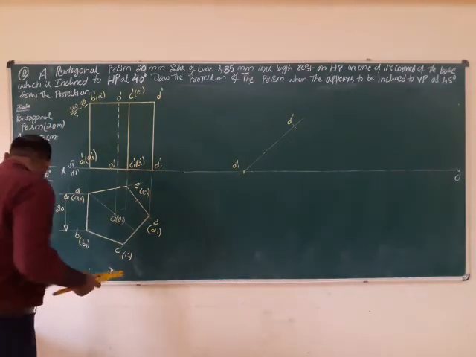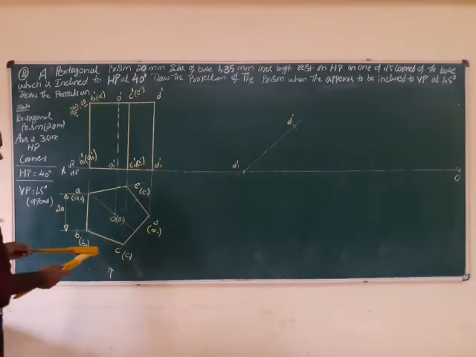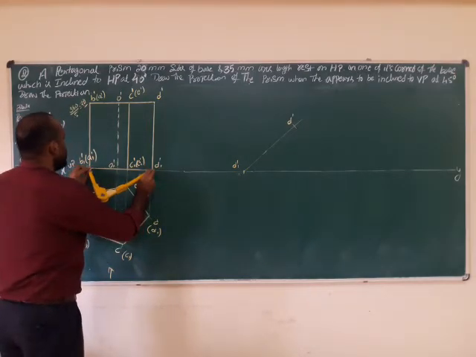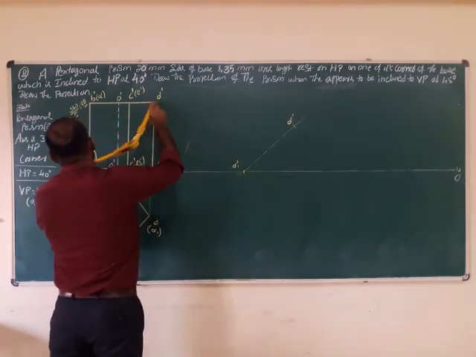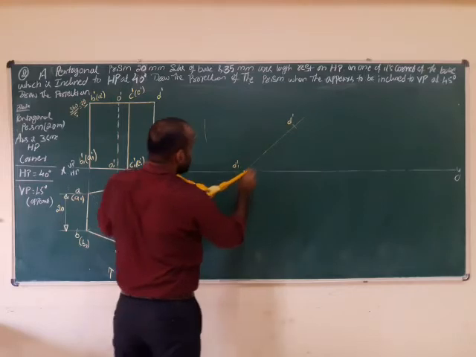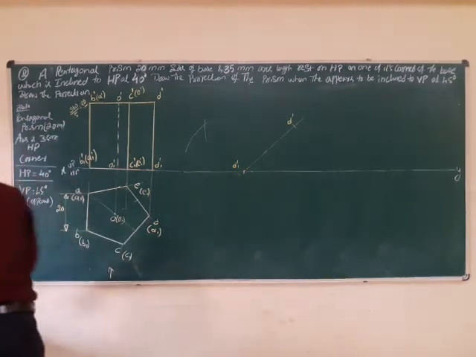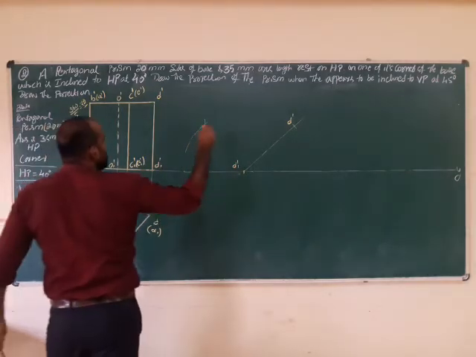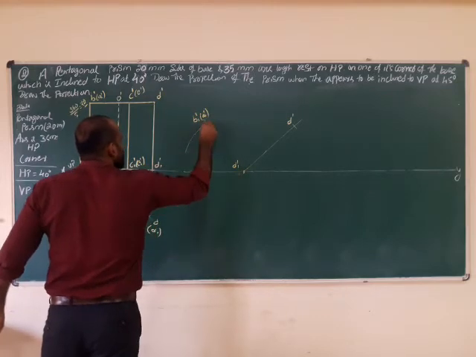For example, I will take B, D. This is called B1, D to cut B1. Next D, it is called D1 dash, D to cut D1 dash. So join the corner. That point is called B1 dash and A1 dash. That is the point.